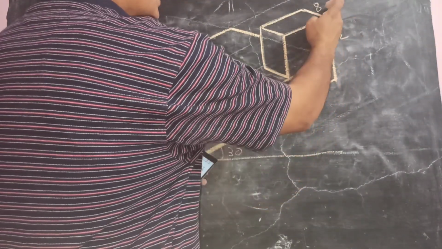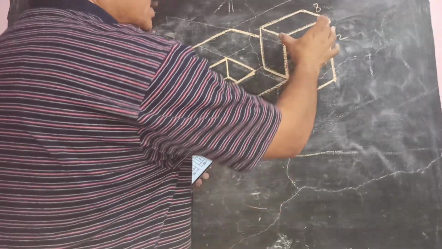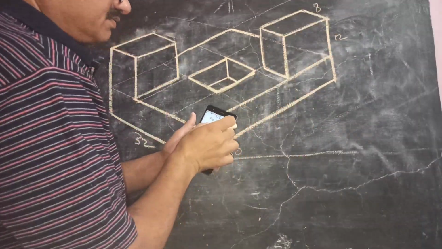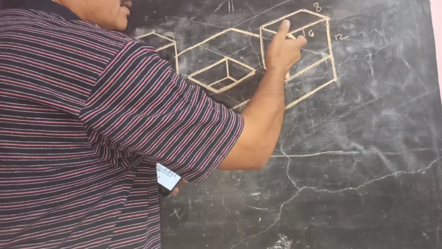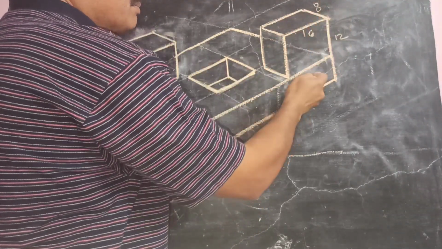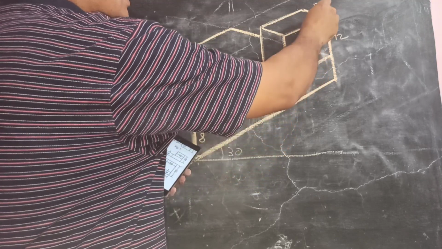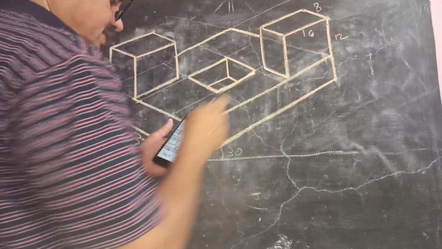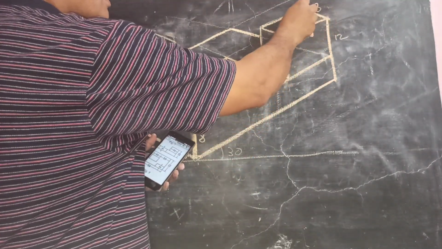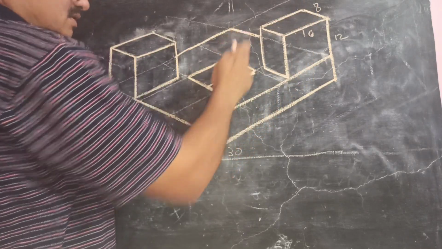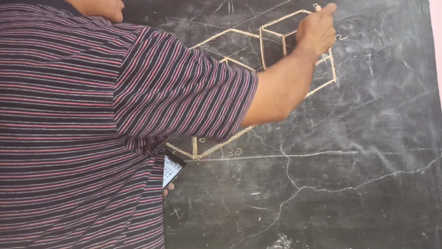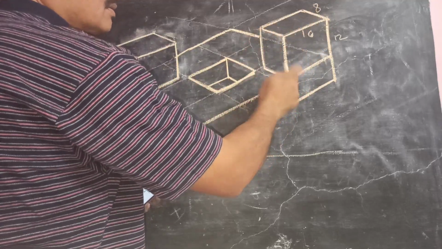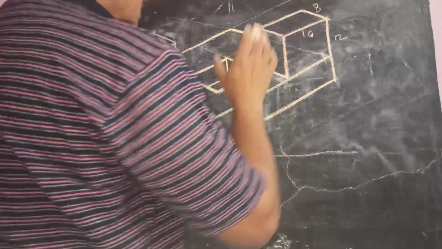So extend this line by 12 mm. Then the length of this pillar is given in the front view, that is 16. So draw a line from this corner parallel to this, then it is having width of 8 mm. So draw a line parallel to this line or this line of 8 mm and complete this. Okay, so this is what is one pillar.